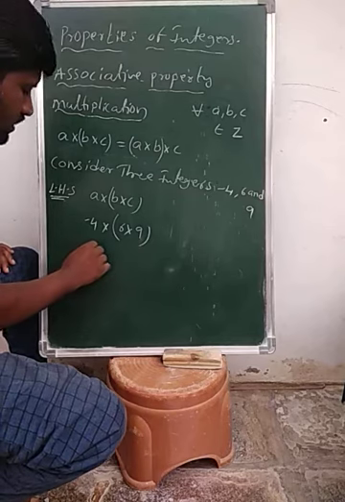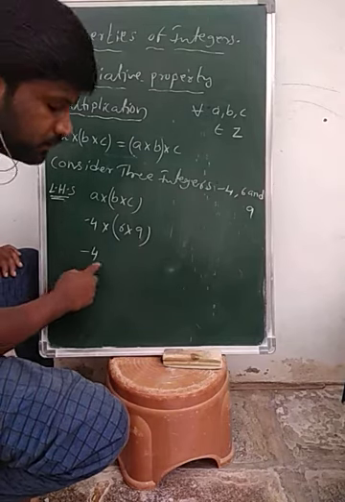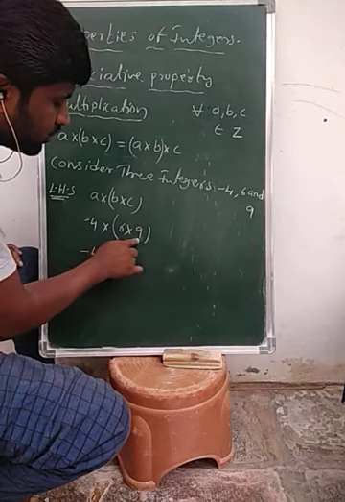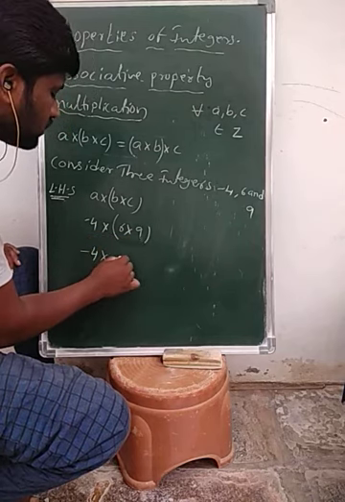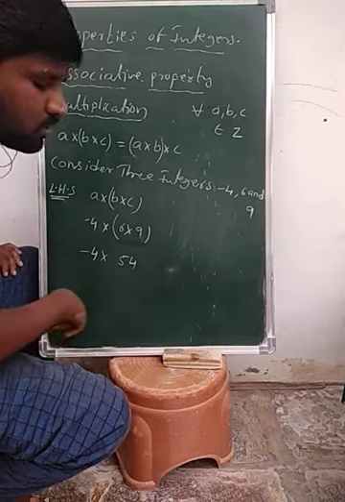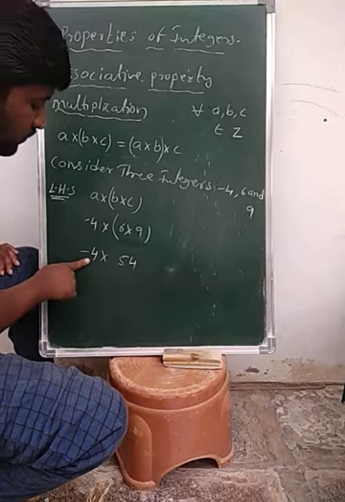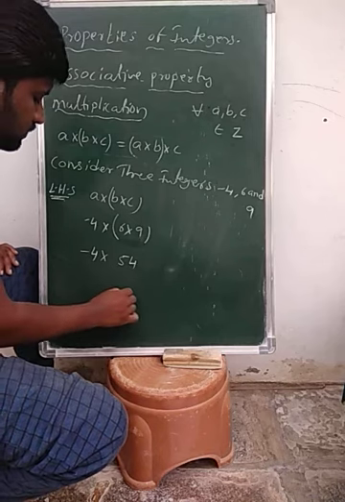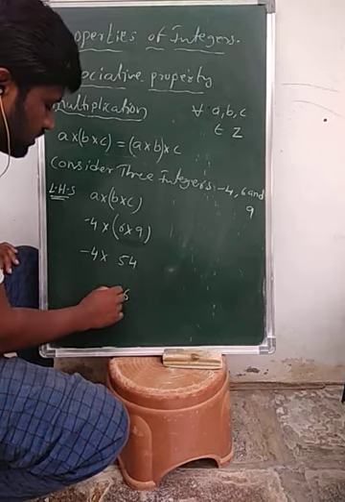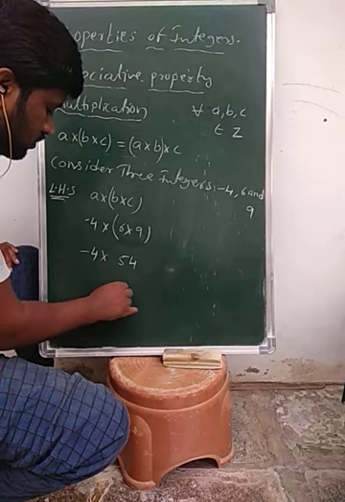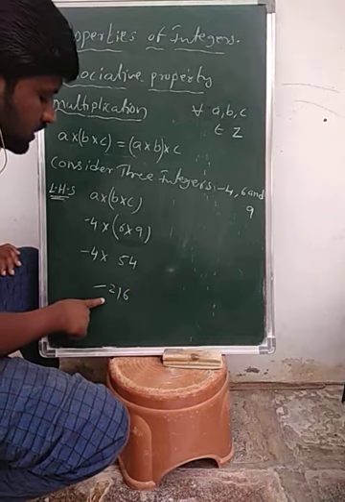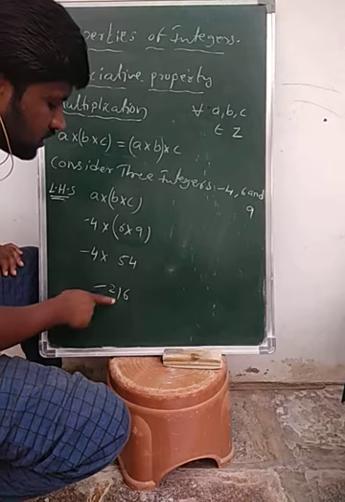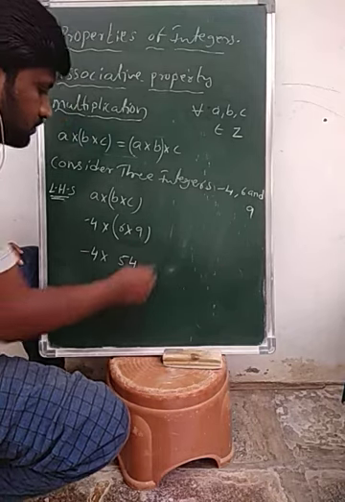First of all, you just write -4 as usual into, multiply the part inside the bracket. Their product 6 into 9, 6 nines are 54. Okay. Again -4 into 54. -4 into 54 means 4 fours are 16, 4 fives are 20 plus 1 is 21. So we get -216. -4 into 54 is equal to -216.